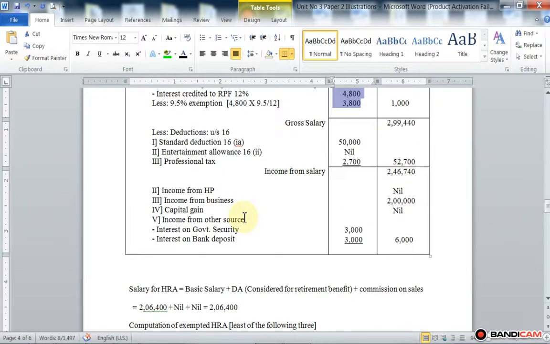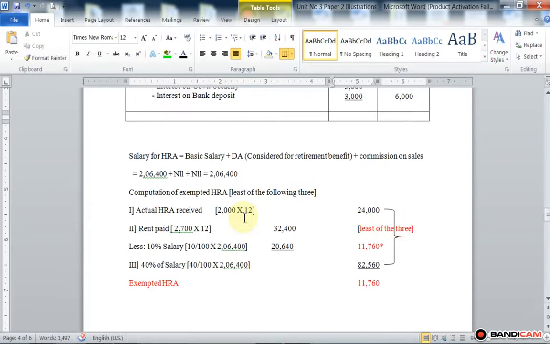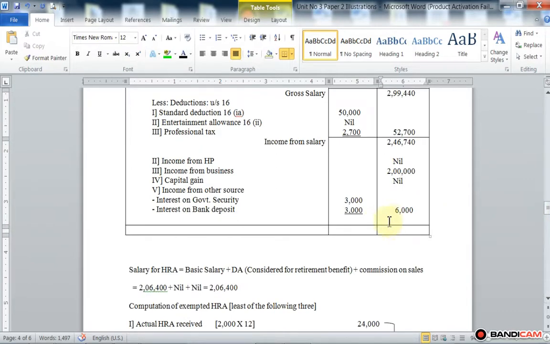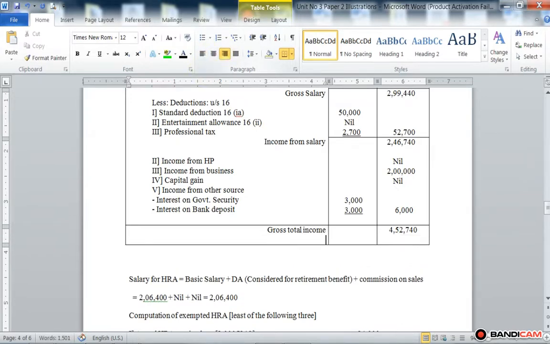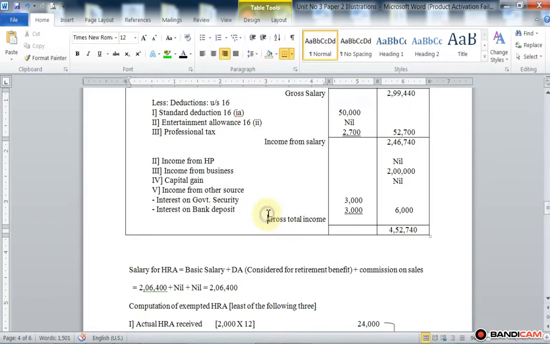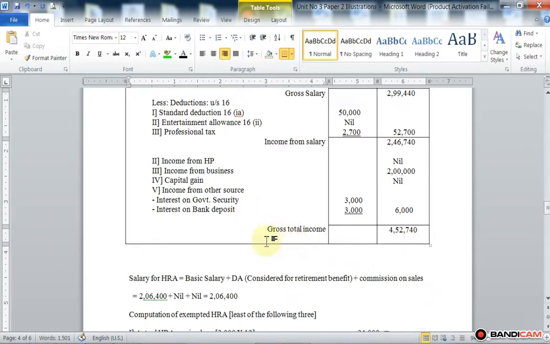Now make the total of the outer column. That total is called gross total income. Gross total income is 4,52,740. Okay, then allowable deductions, less deductions